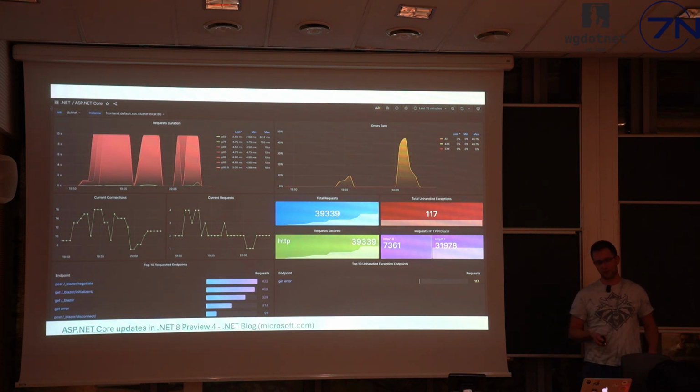and we provide some ways of visualizing that. I'm going to talk more about it in the Aspire part, but if you're willing to get such a dashboard, you can click at this link where we provide a link to a repo with a setup for such a thing for every ASP.NET Core app.